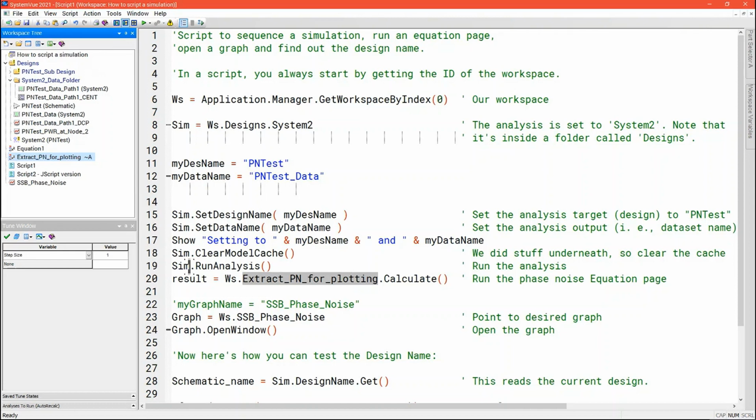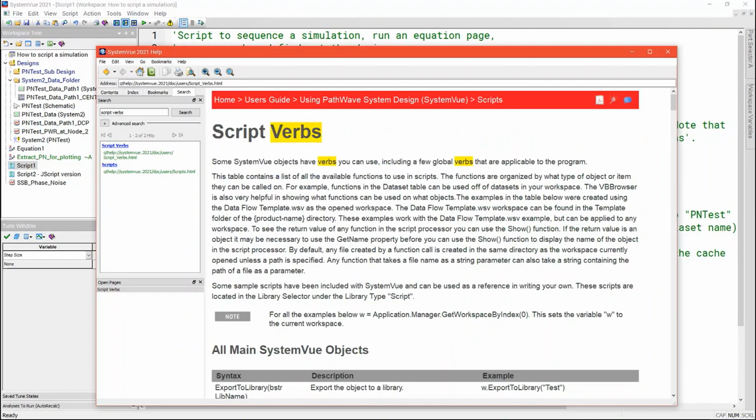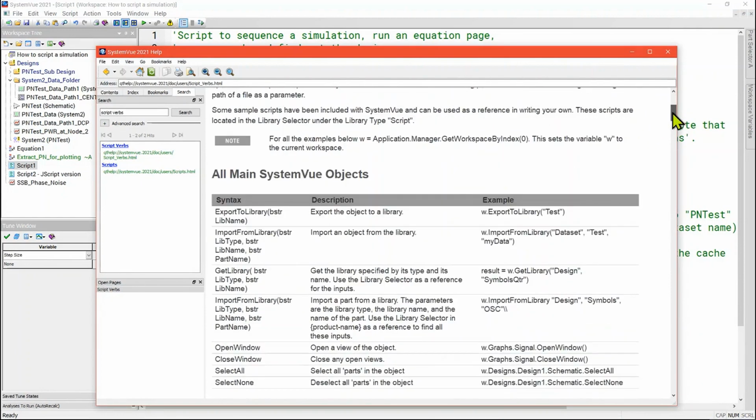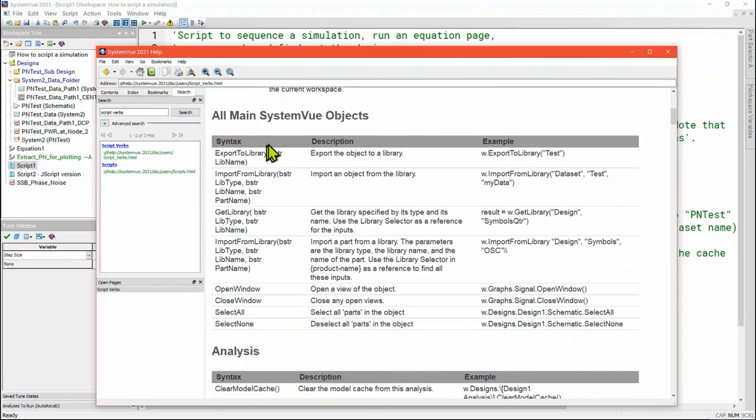How did I know that analyses have a method called run analysis and equation pages have a method called calculate? I read the System View help and found a page called script verbs, which was very helpful. Here we list all of the System View objects and what methods they have that you can execute.